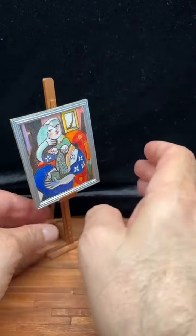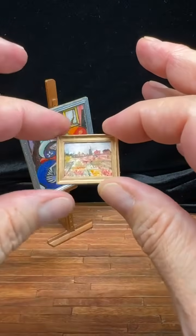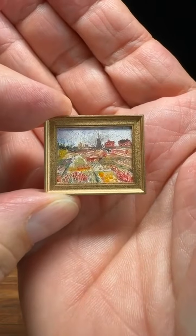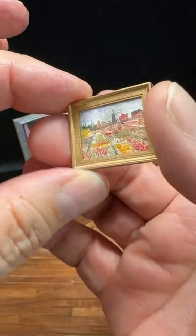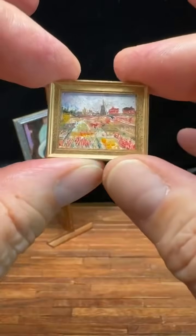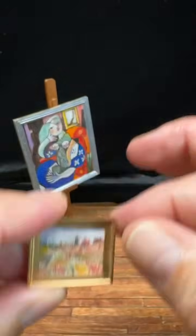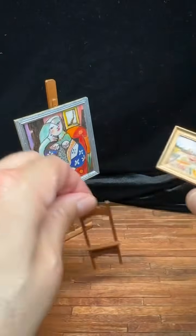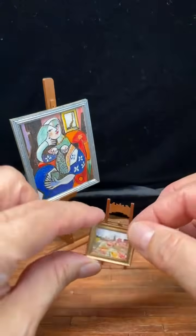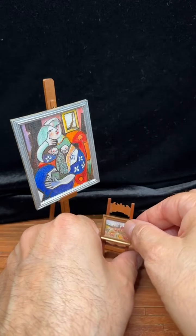So that's one of the pieces I picked up. I also picked up from Josephine this uber tiny piece as well. Look how gorgeous that is. Look at the detail. It's signed by her, but it is after. I forget the name of the painting. She mentioned that this was after. But I was able to get two paintings from her that I love. There was a third one. I couldn't get it. I had to stop at some point, because there were some other treasures that I wanted